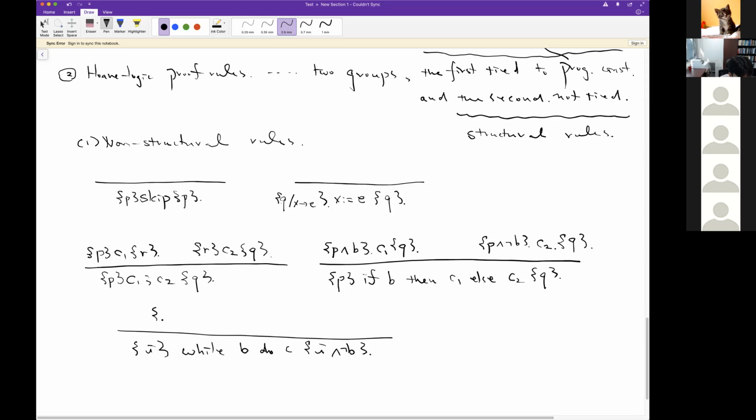The reasoning about while is not very easy because we have no idea how many times this while loop will be unrolled during the execution. So in such a case, we have something which can be repeatedly applied. The typical way to reason about this in computer science, as well as in mathematics, is to think about an invariant, which is some fact which is true whenever this command C starts to execute in any iteration. So that's what this I, which is an assertion, called invariant,